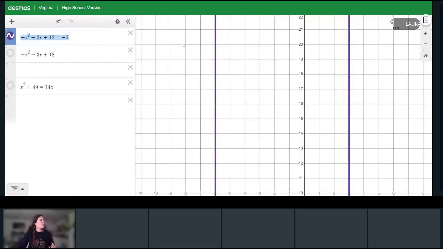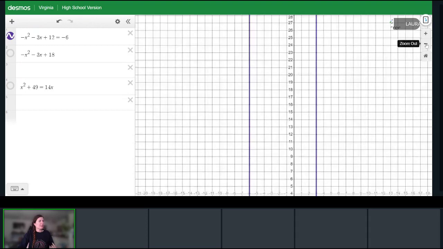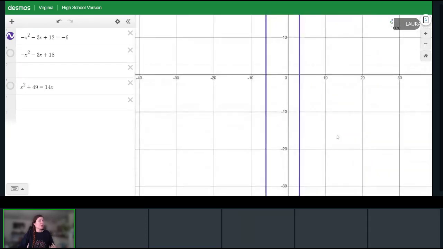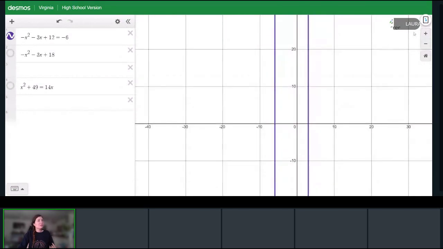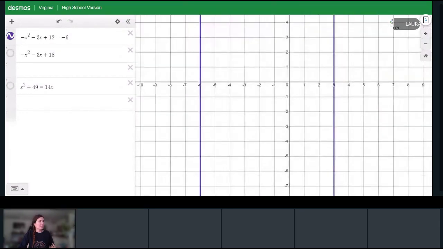And so as far as we zoom out, as far as the eye can see, I don't have a parabola. I just have two solutions. Well, those two solutions here are where we're hitting the x-axis. Our solutions are going to be -6 and 3. You just have to look where you hit the x-axis. Now, if we think about